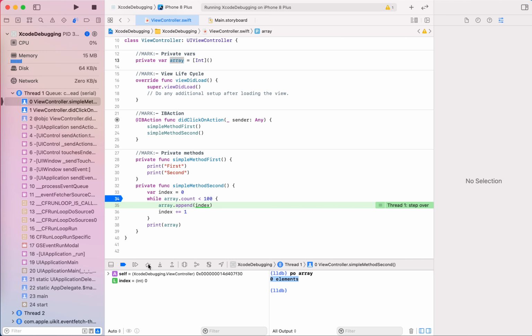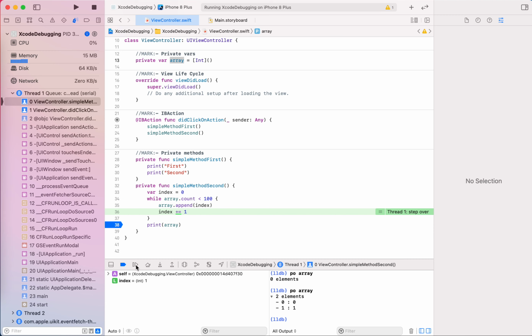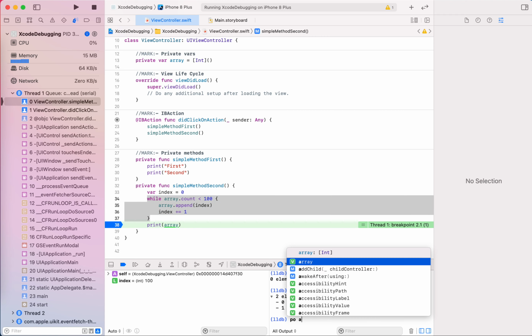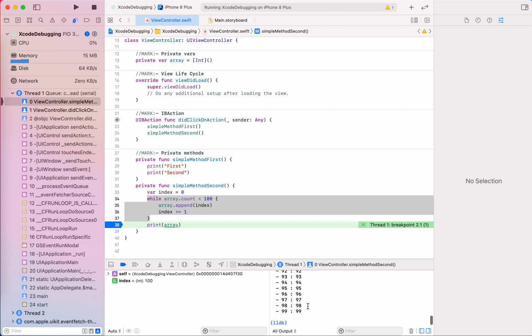Now I step over two times. After two step overs, you can see that there are two elements. At the end of the execution, at the end of this function, you can see that there are 100 elements. po stands for print object, followed by the array variable name.